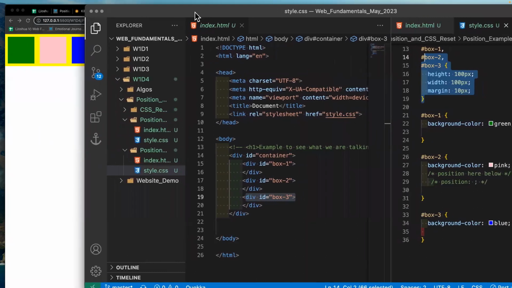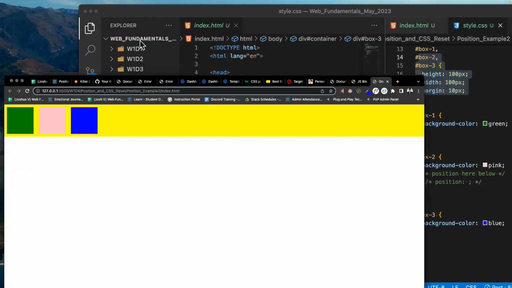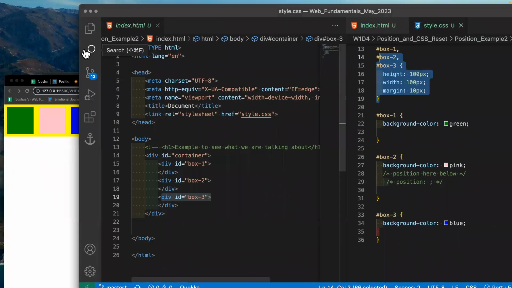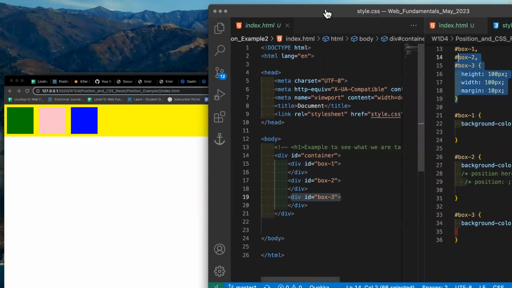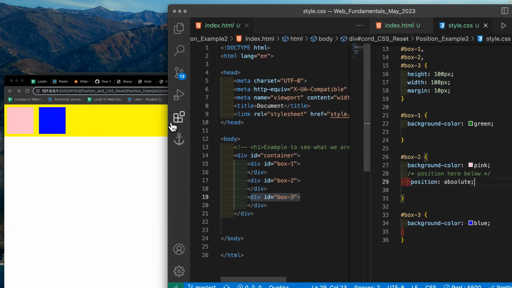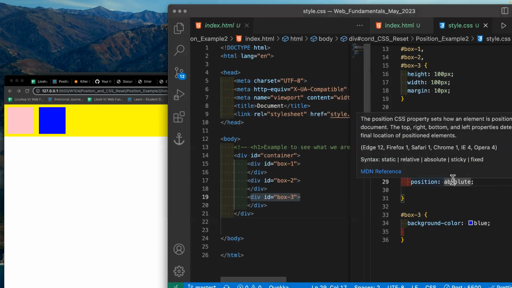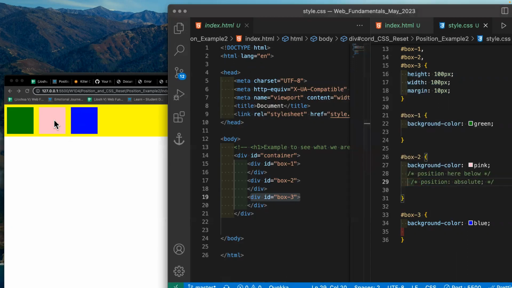I'm going to add position absolute to box number 2. Let's see how it behaves. Okay, let's move things around so we can see both things at once. Okay, I'm going to add position absolute here. Let's move this first. What happens when we apply position absolute? We don't even have to add top, left, bottom, right. What happened there? Let's see it again. We're keeping track of our pink box. As soon as we say position absolute,